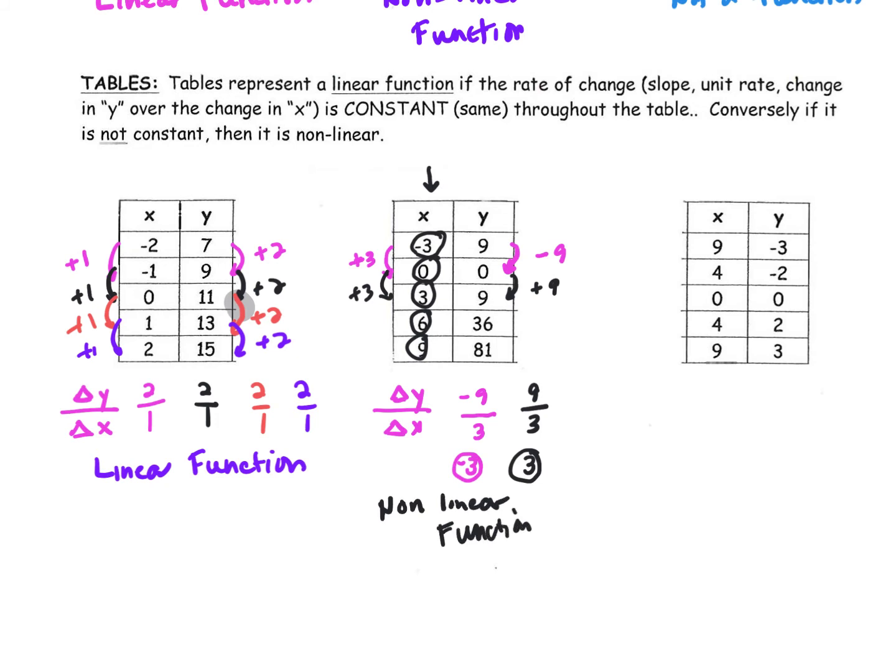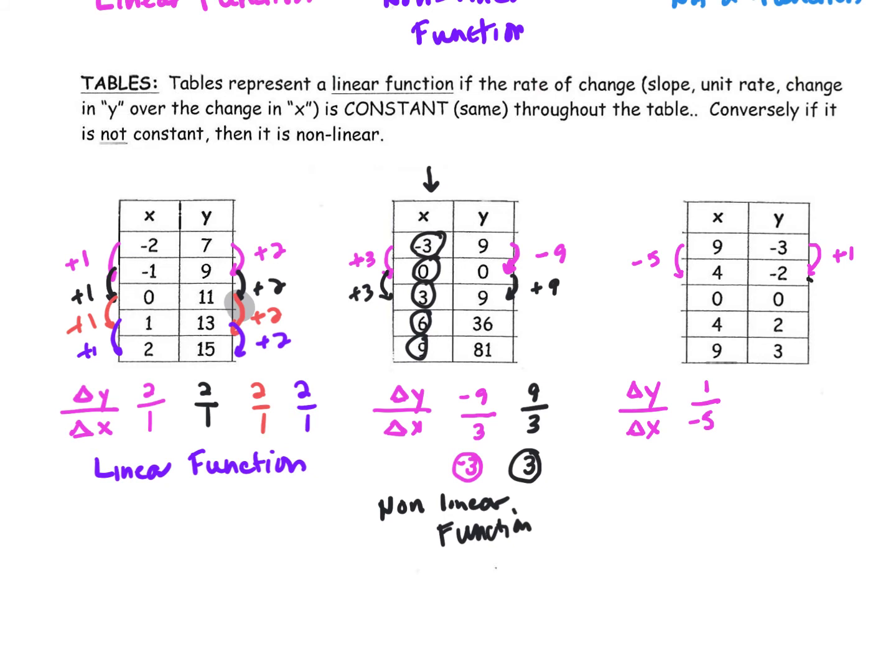All right, so let's try the third one. As we check through this, once again, we're going to start with the change in y over the change in x. We're trying to see if it's linear. So if I go from my first y value to my second y value, we're going up 1. And from 9 to 4, we're going down 5. So we have a change of 1 over, we're going to write minus 5 is negative 5. So that's our first